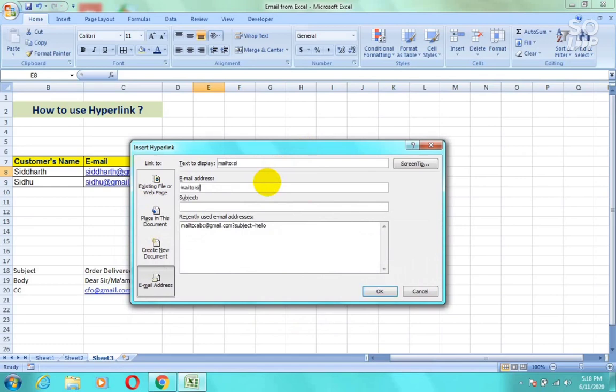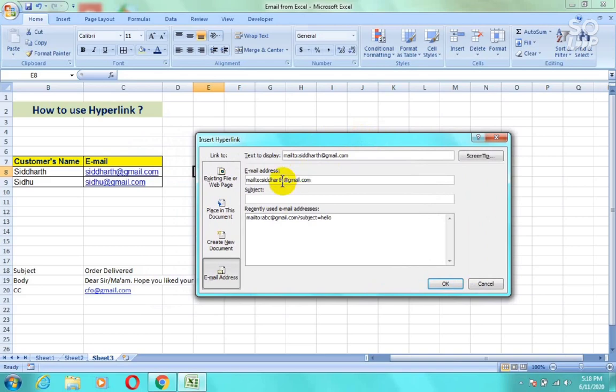In email address, simply type the email address of your customer, that is siddharth@gmail.com, and here as you can see, when I typed my email address I got a syntax that is mailto: which appears automatically before my email address. And when I start typing my subject, that is order delivered.